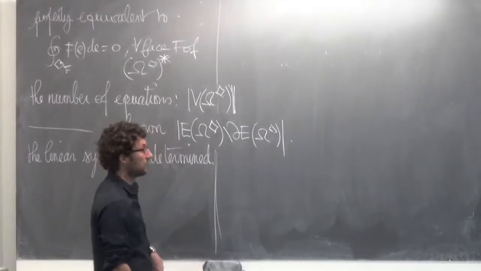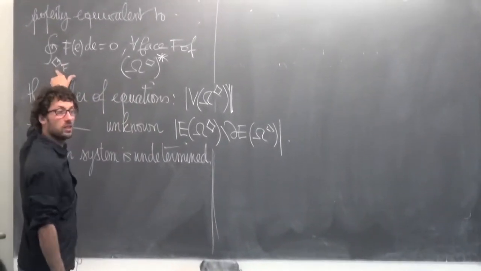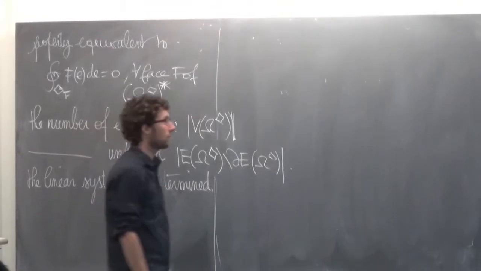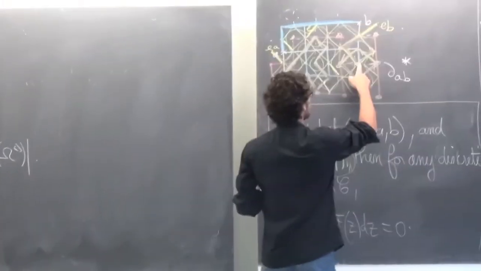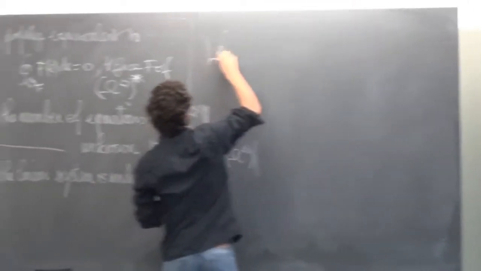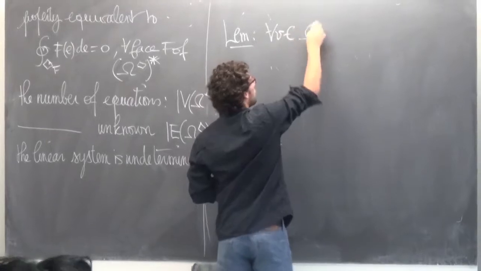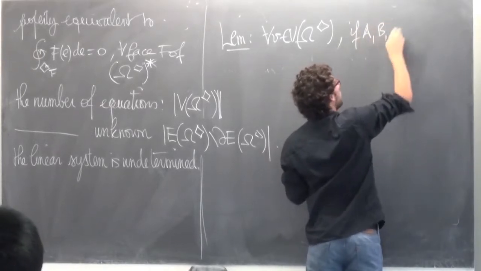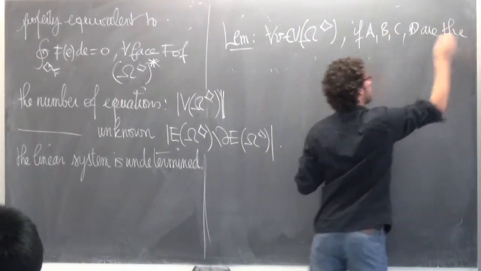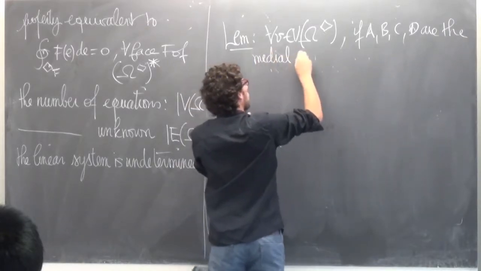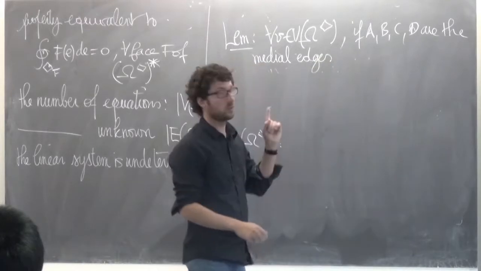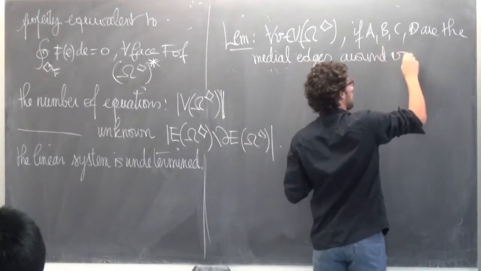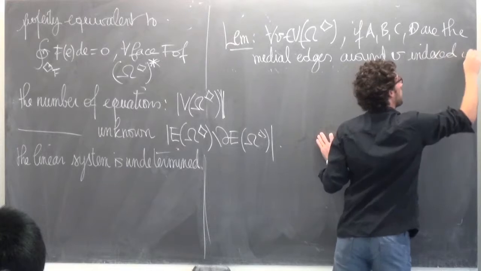Okay, let me try to prove this theorem. As we said, it's sufficient to prove this thing: for any face of the dual of the medial lattice, the integral equals 0. But if you think about it, this is exactly equivalent to the following lemma: for every vertex V of the medial lattice, if A, B, C, and D are the medial edges around V, indexed in counterclockwise order,